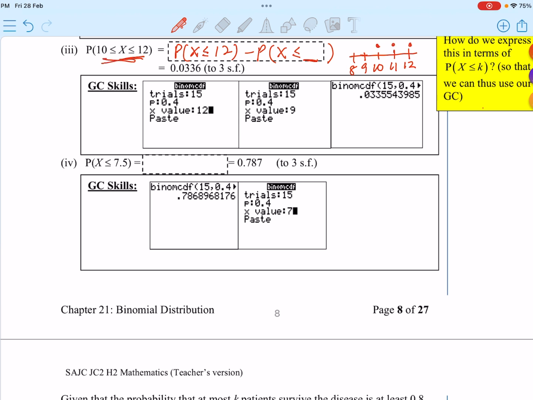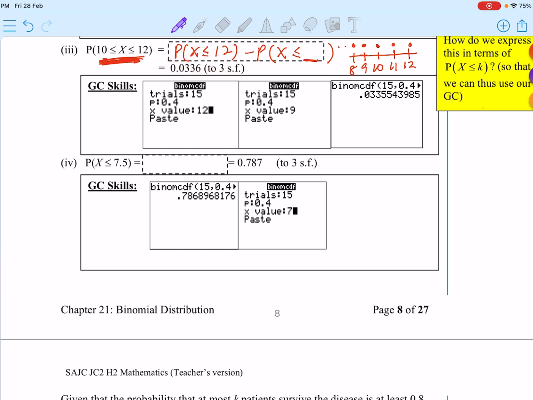We want the values here. But we have already also added 9 and 8 and so on, because you're summing your probability of x less than or equal to 12. So we need to subtract away